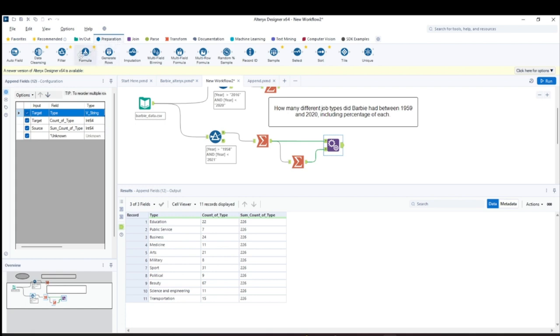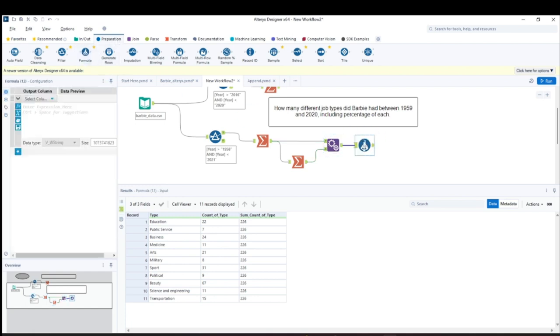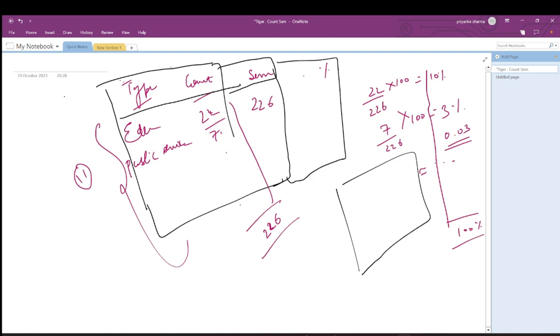Simply go in preparation and take the formula here, drag and drop it, and now let us write the formula. Here I created another table, which was percentage. This is another column that I created, wherein it will have the percentages, 3% and so on. So let's create another column.